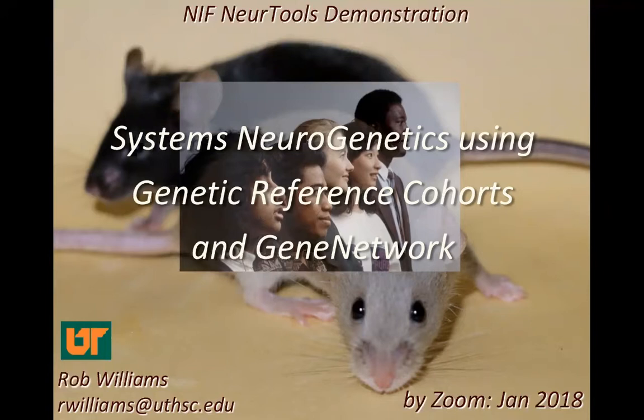Over the last 10 years, we've branched out from neuroscience, and instead of just doing systems neurogenetics, we're now doing systems genetics. We all know now that there's just so much crosstalk between systems, between gut and brain, between immune system and brain. And so it's really important to get tools that enable a holistic analysis to be practical. And I'll show you what we've been doing.